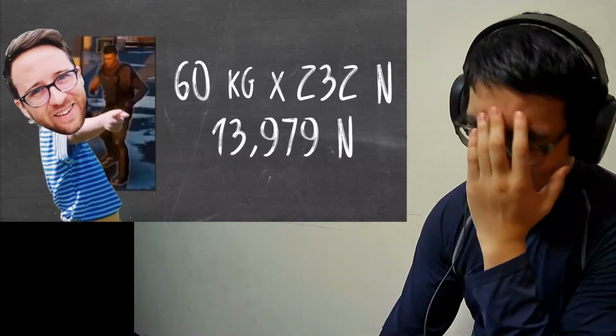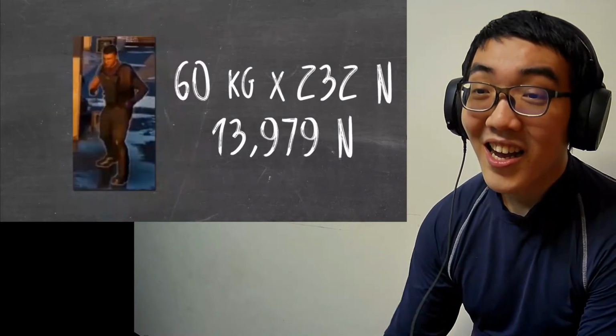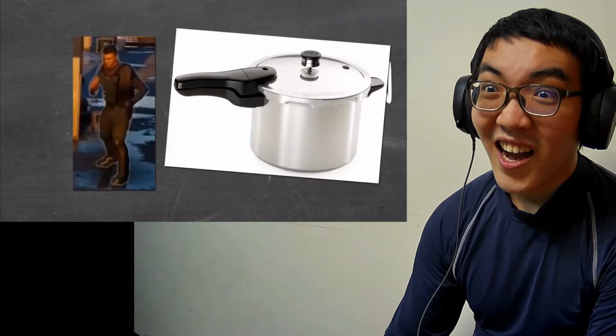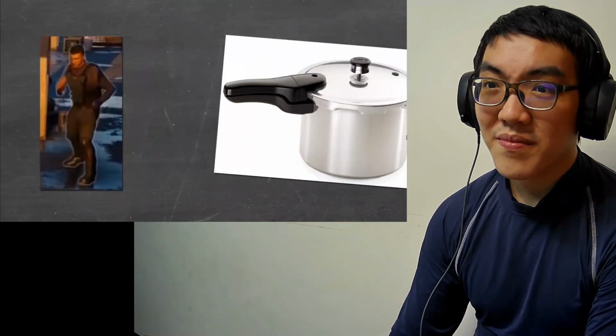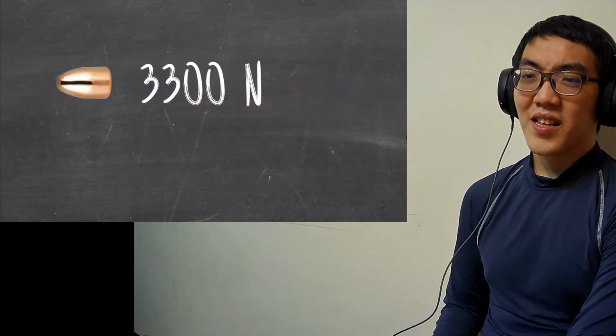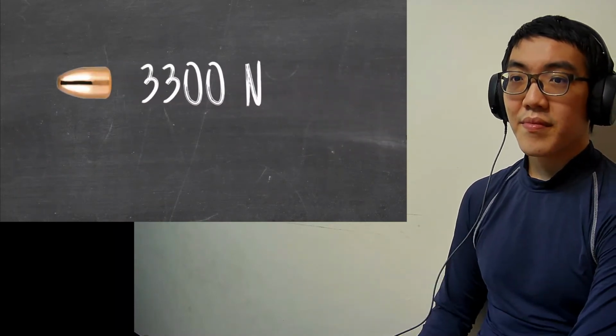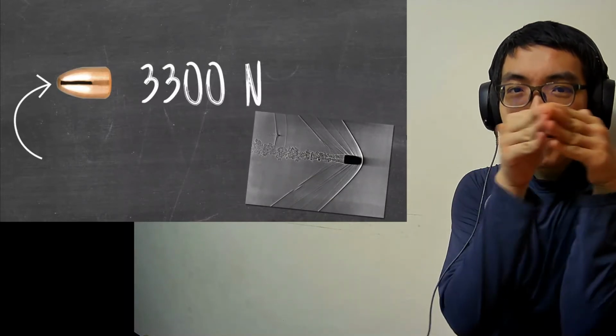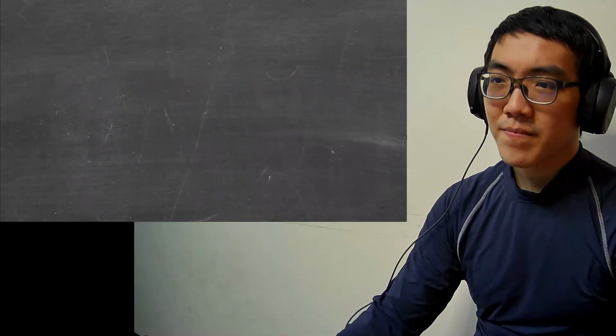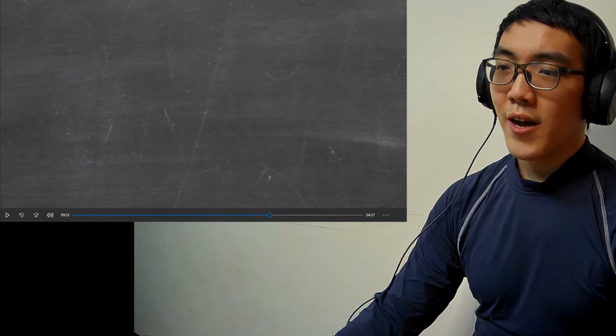But it does not stop there, because that's just the total force. The next stage is pressure, which is force over an area, which is where the real damage is done. Bullets only take about 3,300 newtons of force to launch, but it's their incredible pressure focused on a tiny spot that allows them to cause as much damage as they do. That's why it's small and yet super penetrating.